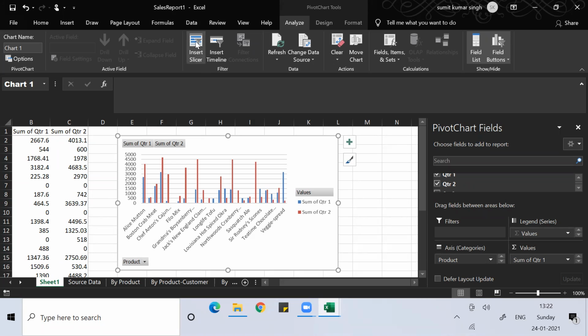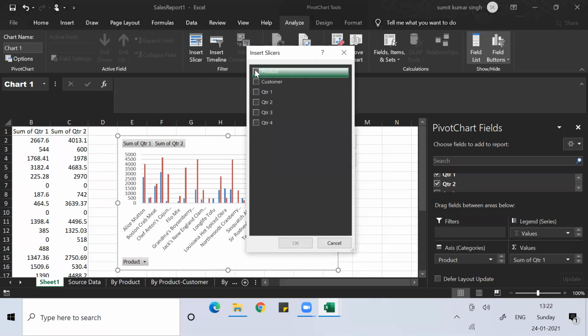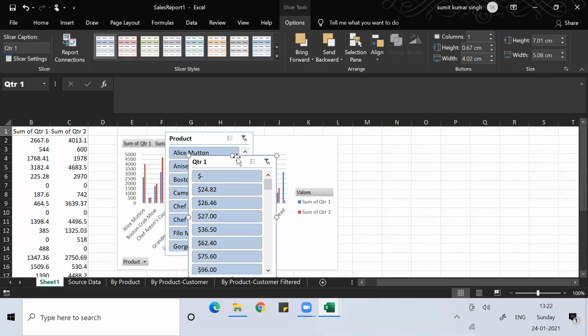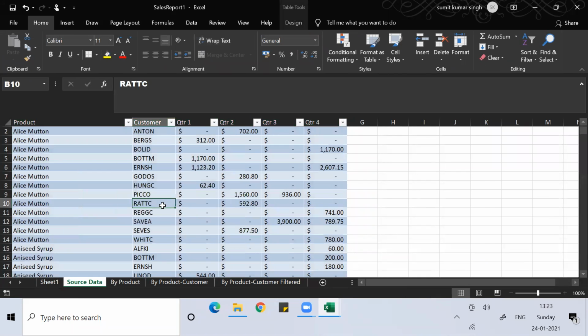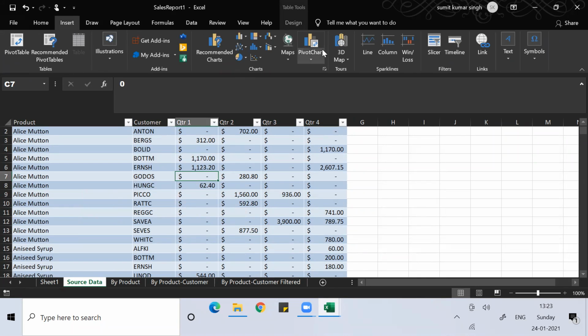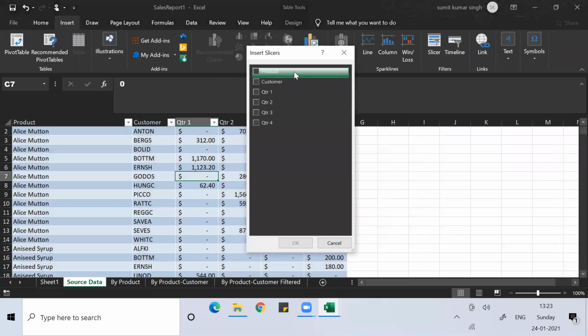Okay, you can insert a slicer. Insert a slicer, the product Q1. Then insert a slicer here, product or customer.